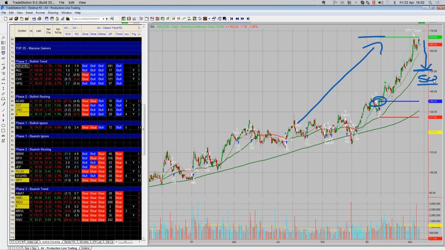I'm looking for a buyable dip. I'm looking for it to come back to the moving average. We don't buy rallies. We're smarter than the idiots who watch the financial TV and run around like headless chickens going, diamond hands, baby. We don't do that. We're smart traders. We're doing the opposite to what everyone else is doing.